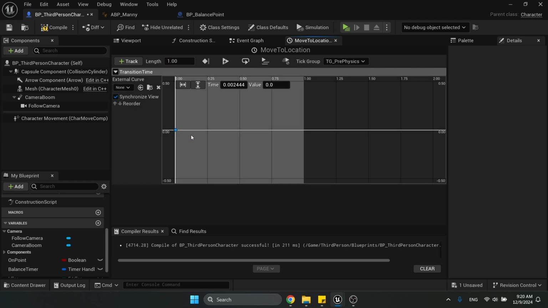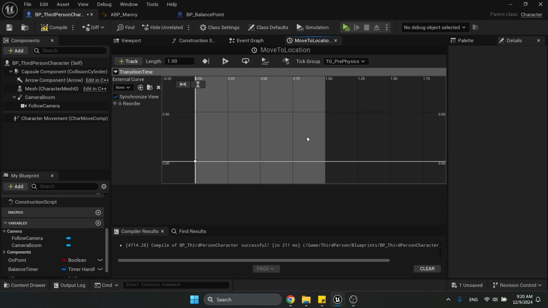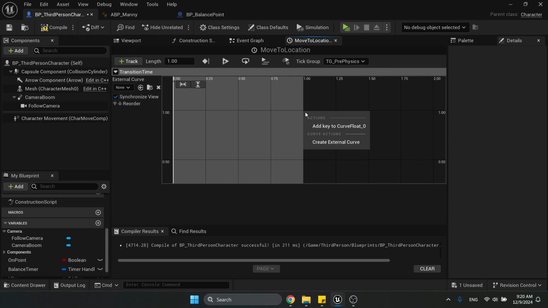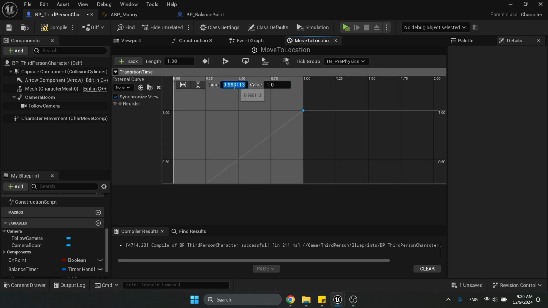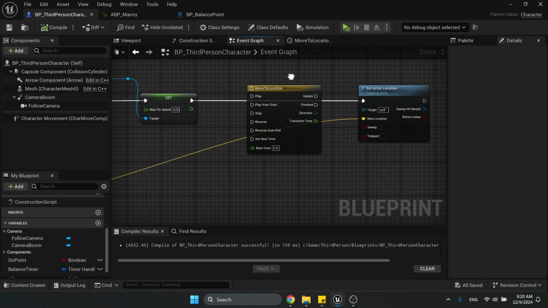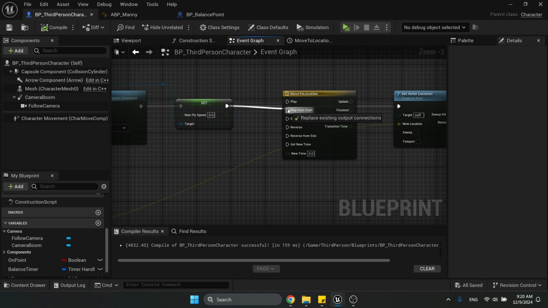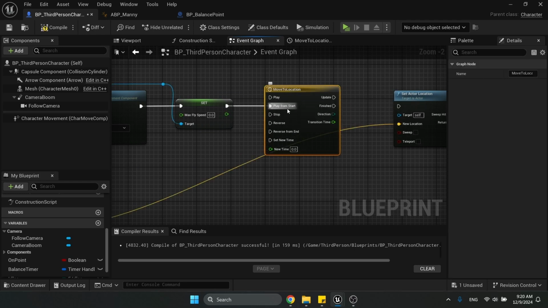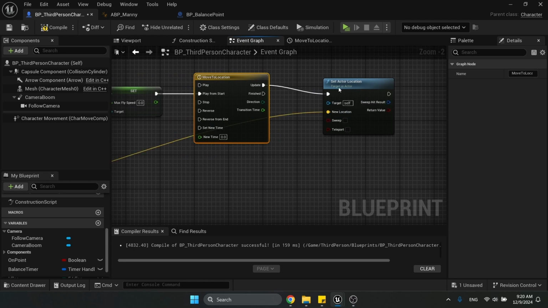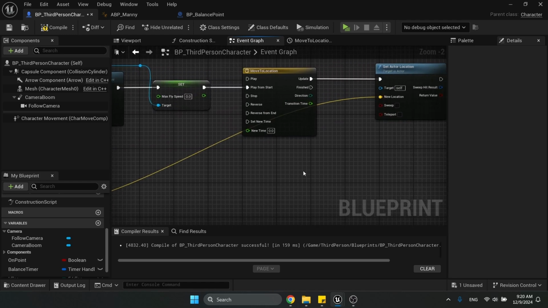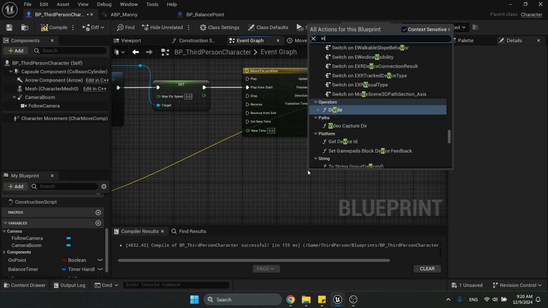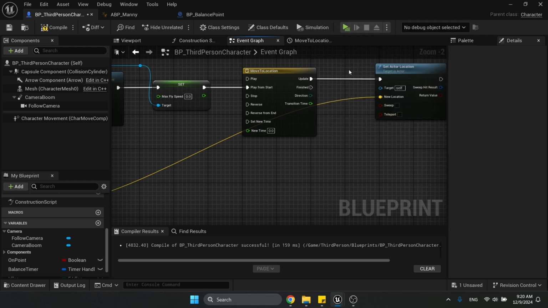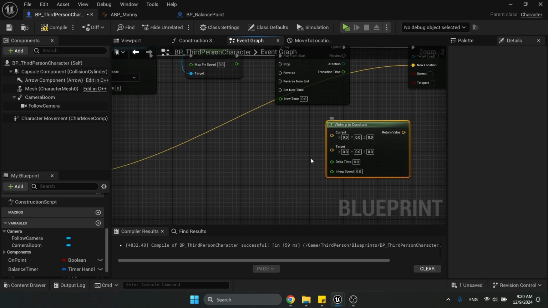We're going to add a key at 0, 0, set it to 0, 0 if it's not, and then we want it to be linear, so I'm going to just go to 1, 1, add a key, make sure the value and time is 1 and 1, compile it, save it, go back to our event graph, and so set will go into the start, and then we want to update our actor location, and the node that we're going to use for this is the interp to constant,